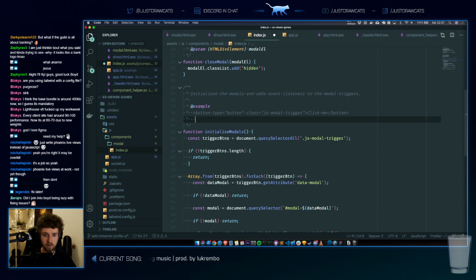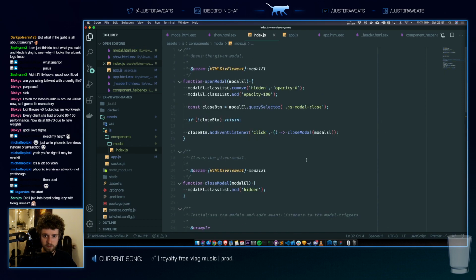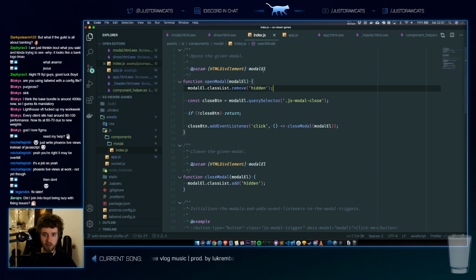Div ID, we need a data modal. My modal. Or modal 1. Let's do modal 1. That's more clear. Modal 1. Div. There we go. Hidden. Just work with hidden only for now.